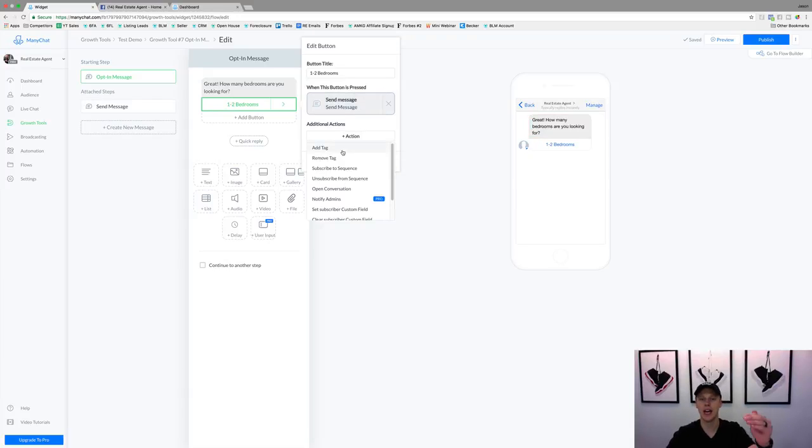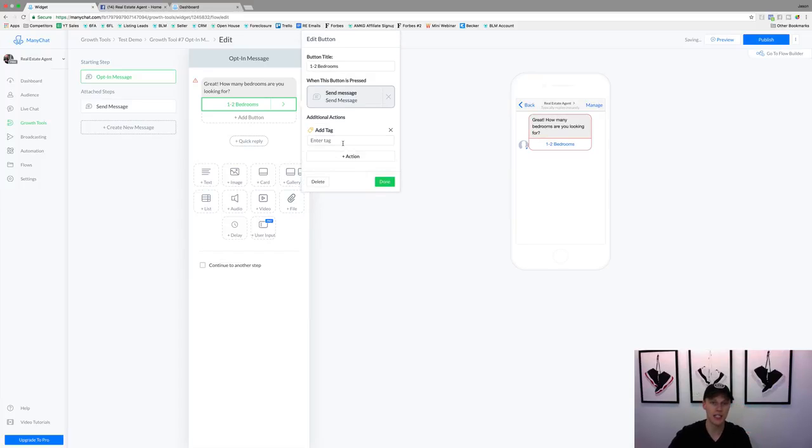So you could say, hey, if they want 1 to 2 bedrooms, we could say they want 1 to 2 beds. Tag that person. Then once we get a new listing on the market that has 1 to 2 beds, we can go to this broadcasting tool and message everyone, hey, brand new listing just hit the market with 1 to 2 bedrooms, or 2 bedrooms, or 1 bedroom, whatever it is. And I know you mentioned you were interested in that. Guys, that is very laser targeted. That is super powerful for what you're doing here.